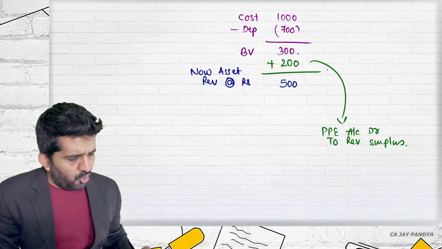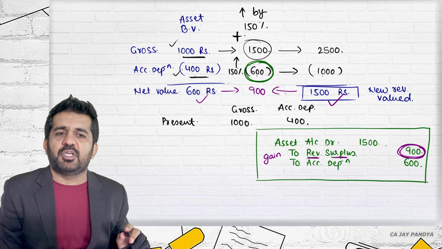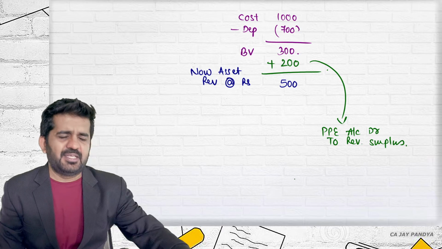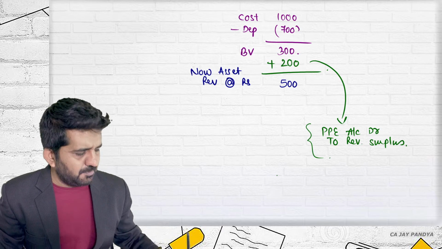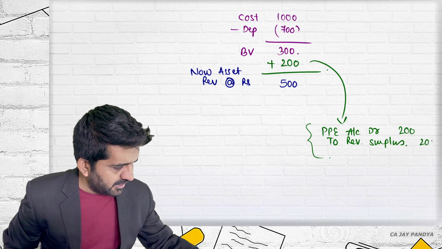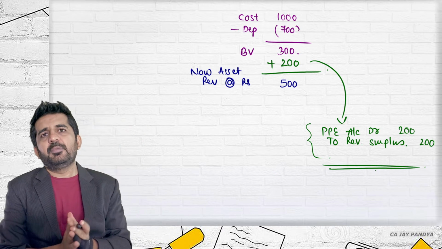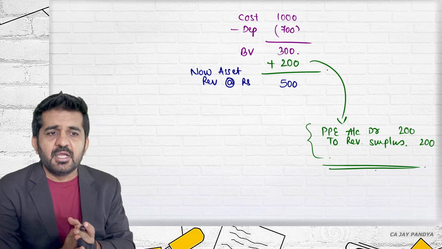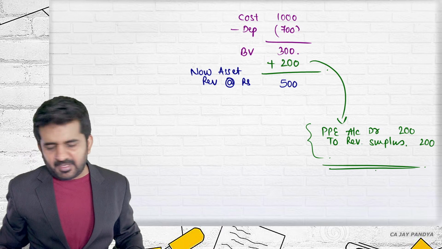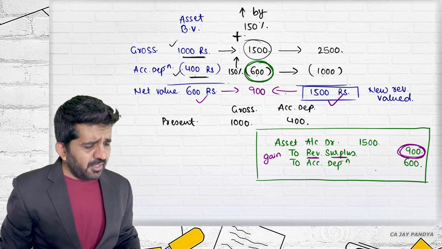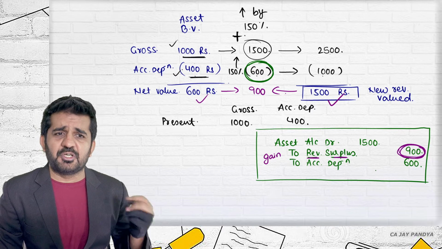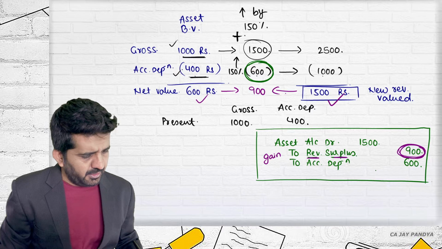This is how revaluation normally happens as far as accumulated depreciation is concerned. If it is a normal case, believe me, the answer will be absolutely easy, and it will be by only 200 rupees. There is no concept of accumulated depreciation because you are recording your asset at cost minus depreciation. So this is how you record your revaluation surplus. Instead of revaluation surplus, if you use the word revaluation reserve, it is all right. The answer is absolutely yes.